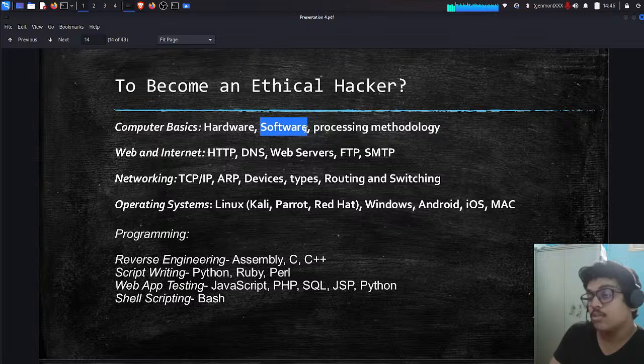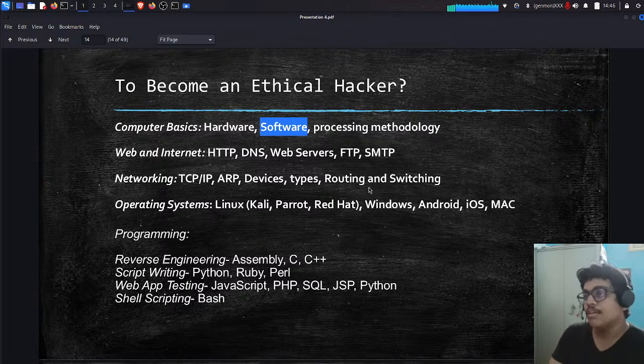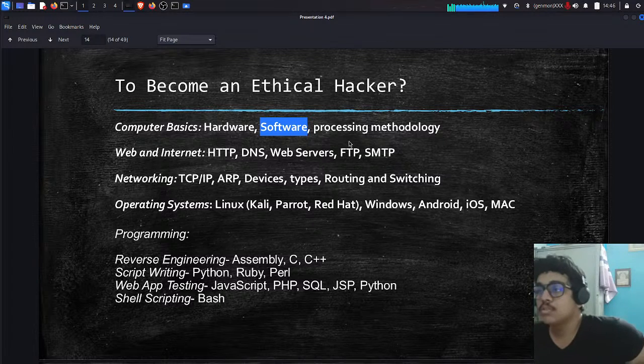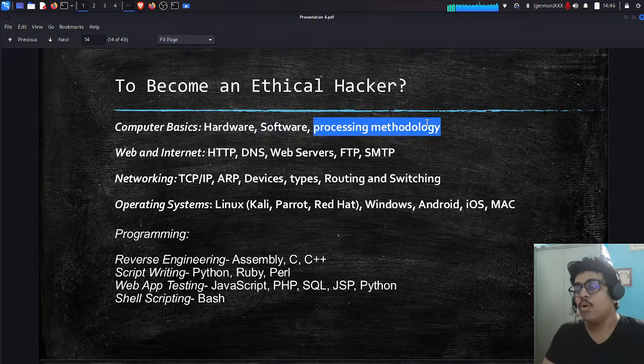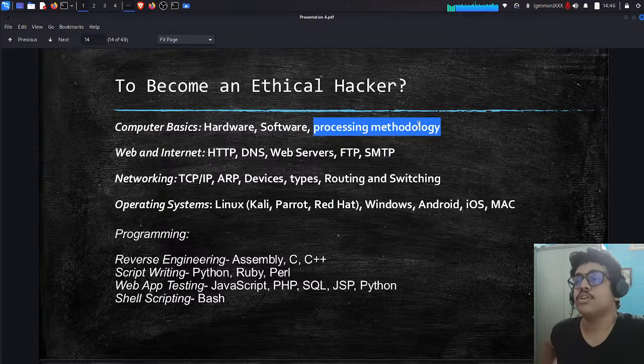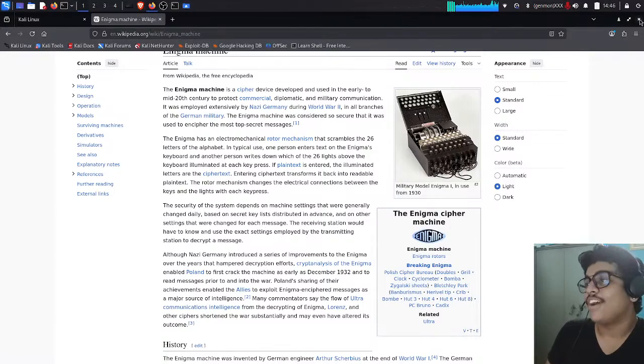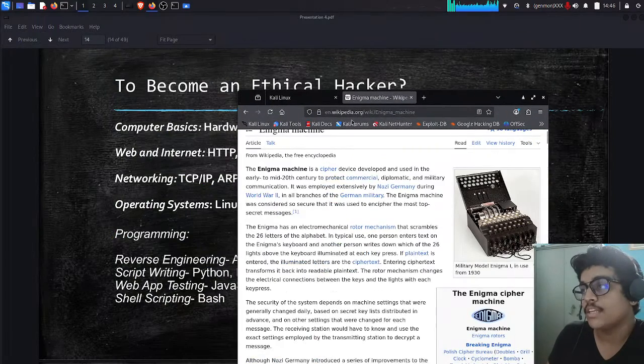You should know what software is, how software is linked to our hardware, and what the components of software are, for example, what current version and what operating system we are using, and what technologies we are using in our system, for example, Wi-Fi, Bluetooth, and much more. Then processing methodologies, for example, how a computer works on instructions. When we press this icon and Firefox opens, why is it opening? There exists a script in the backend that makes it do that.